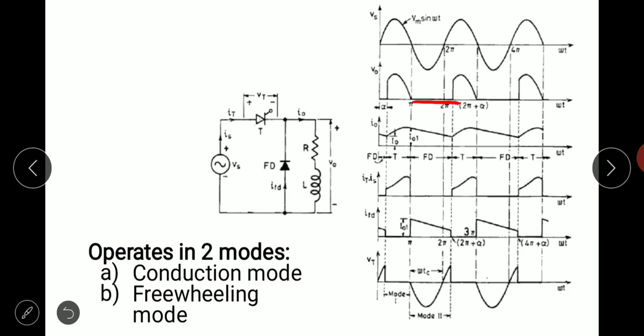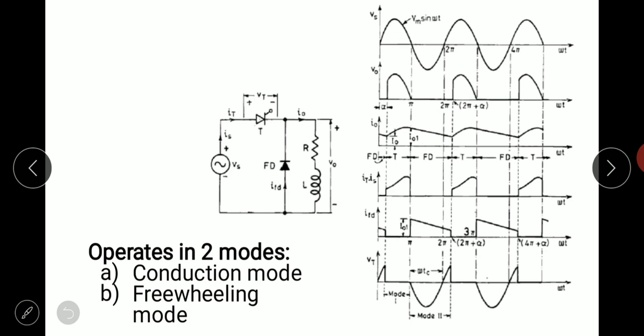And since the inductor is dissipating its energy, the current will decrease. The current will decrease from the finite I0 value to a certain value, and this decrement will continue till the SCR is triggered in the positive half cycle of the supply voltage.